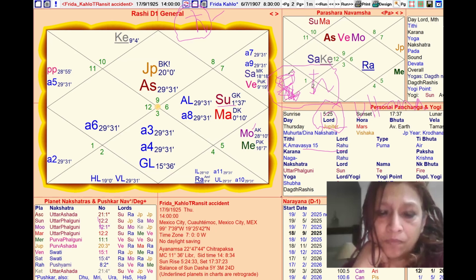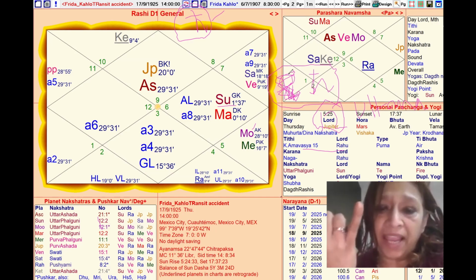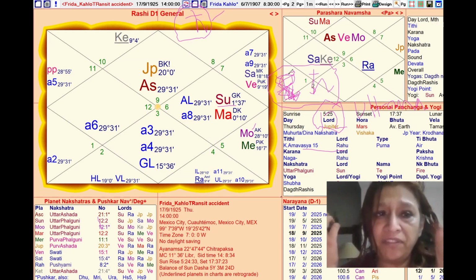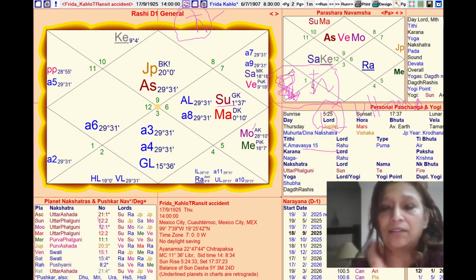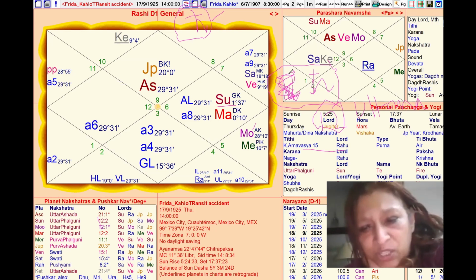Is it 8 or is it 9? It's 9, because you're counting also, you're starting the count from 8. So 8 nakshatra, 9, 10, 11, 12, 13, 14, 15, and 16. How many do you get? Guys, count. 9. So what is the 9 coming to? Gains, creation of wealth. Yes, good.